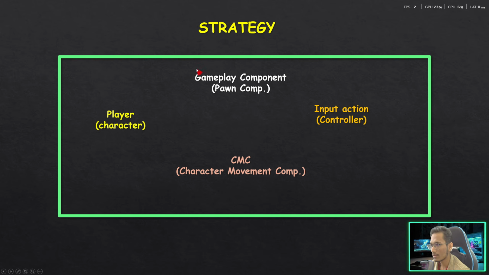In that situation also you should be allowed to use this gameplay component. Okay, so summarizing how this flow is going to work, your input action will provide the input, and it will trigger a function in the gameplay component, and that's where you will decide